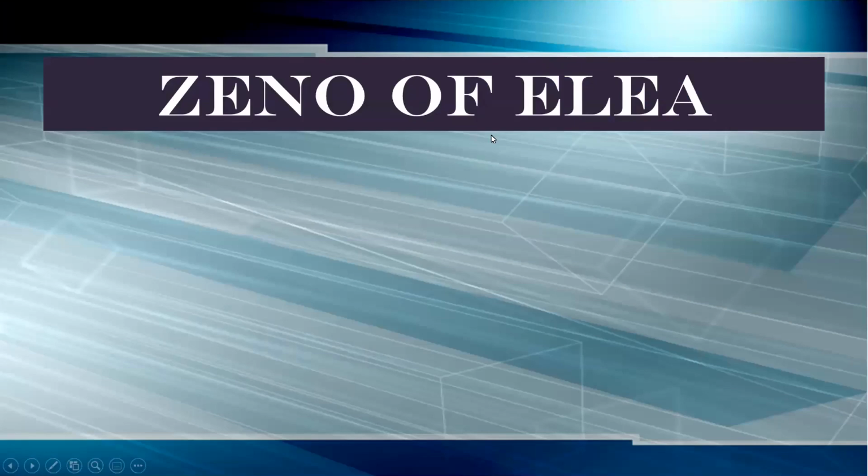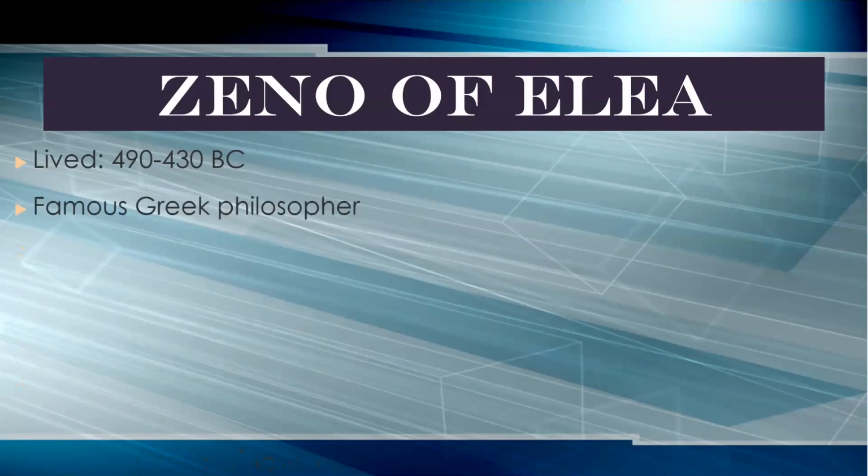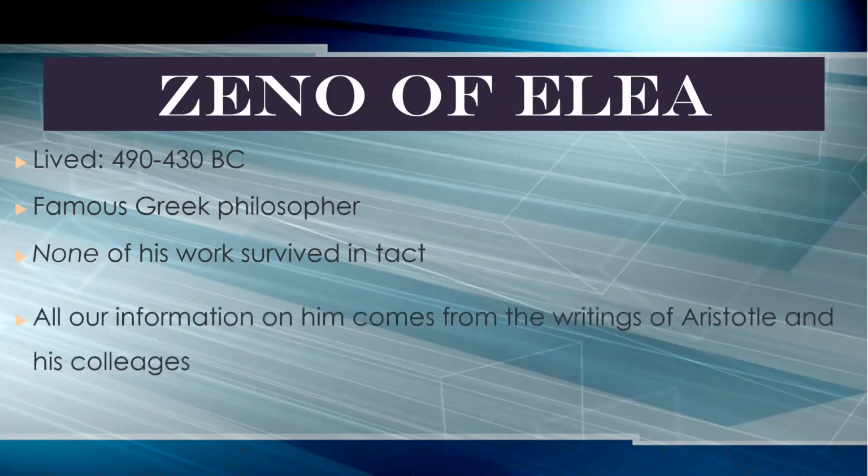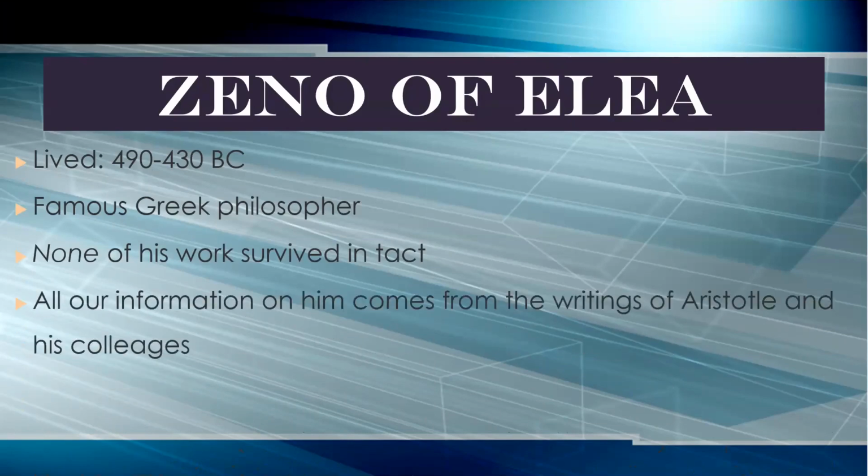So a little background on Zeno of Elea. He lived from 490 to 430 BC, so many, many centuries ago. And he was a famous Greek philosopher. One interesting fact about him is that none of his work survived intact. And so that means that all of our information about him and his writings and his life were written by